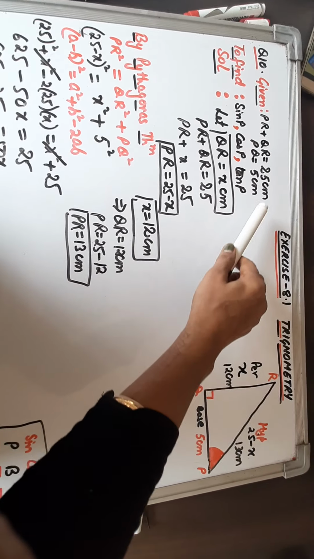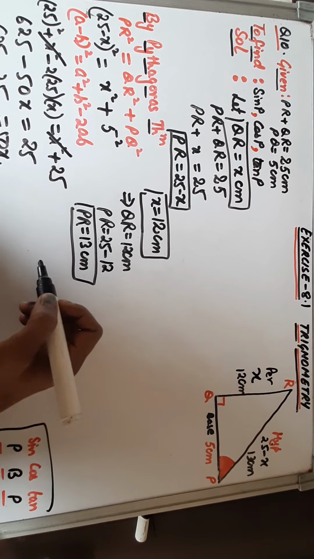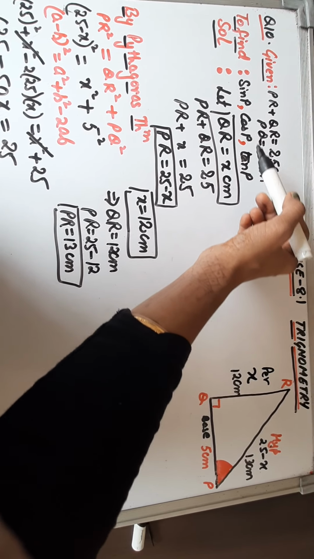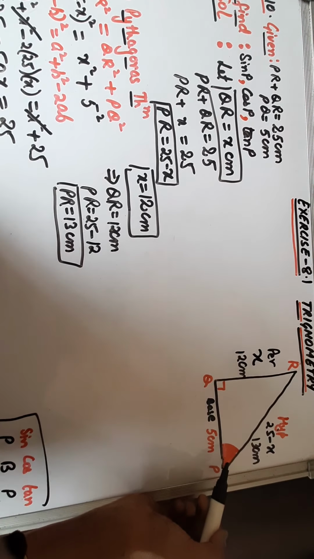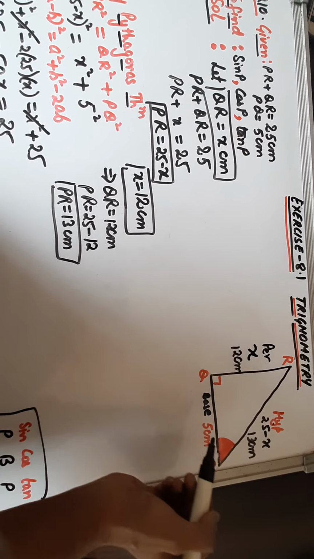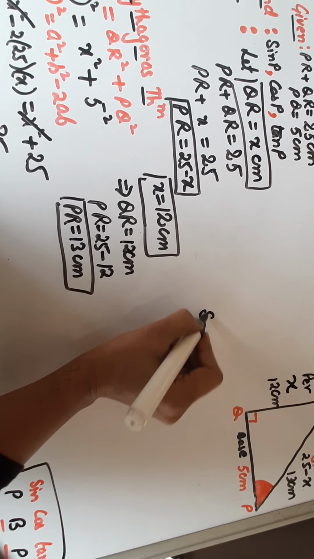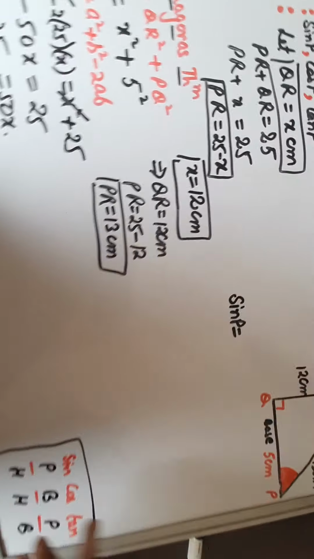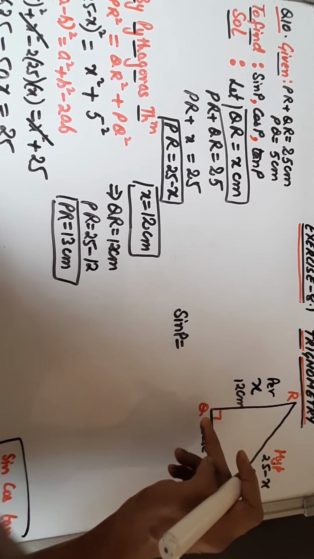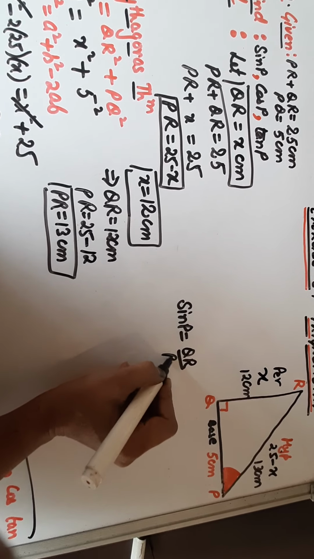Now let us focus on the to be find out part, in which we need to find out three trigonometric ratios, that is sin P, cos P and tan P. As P angle is involved in this, so according to that P, the side opposite, that is QR, is perpendicular and PQ will be the base. So let us take sin P. From the ratio, sin P is perpendicular by hypotenuse. So our perpendicular is QR upon hypotenuse is PR.